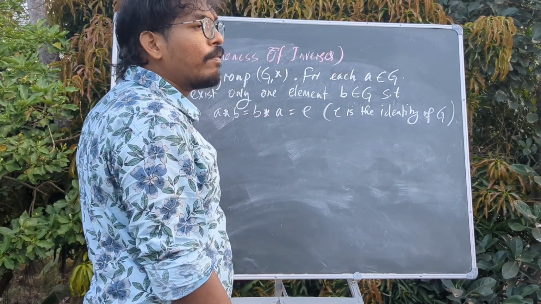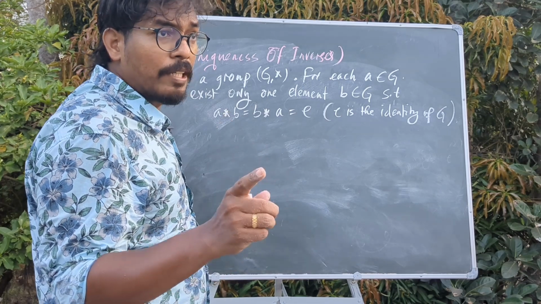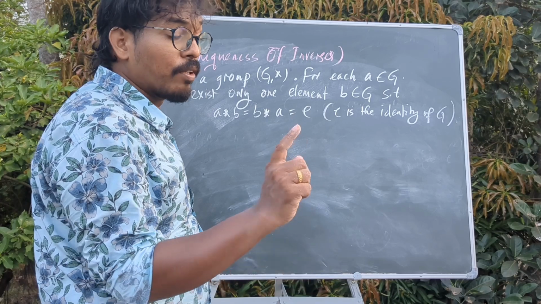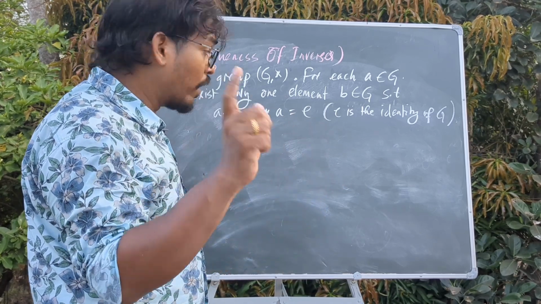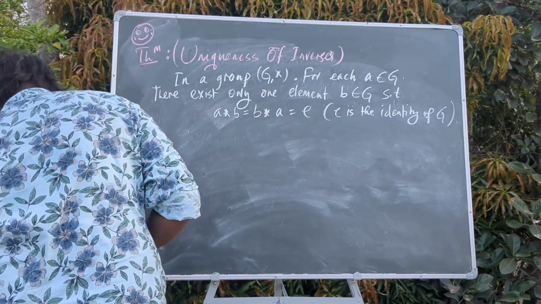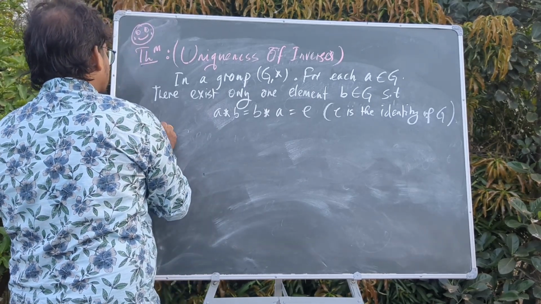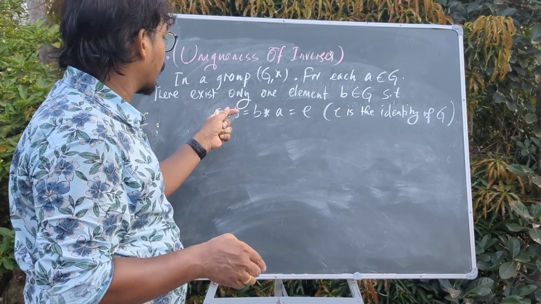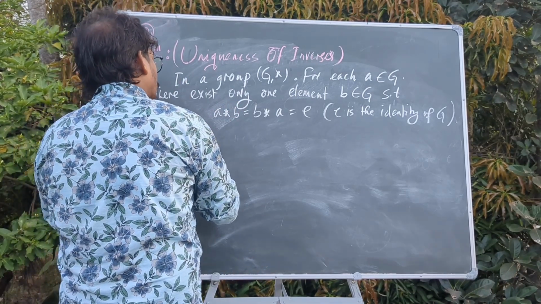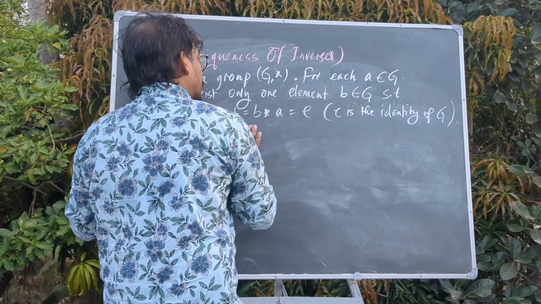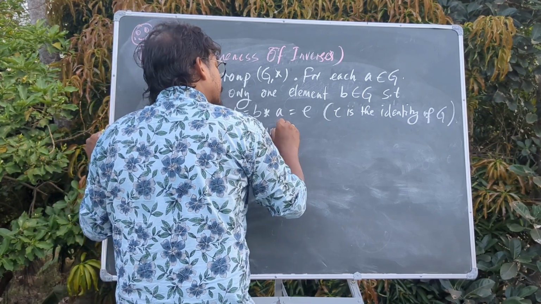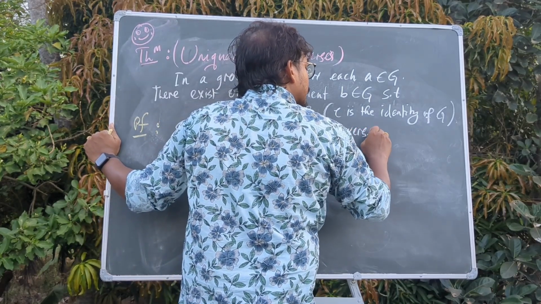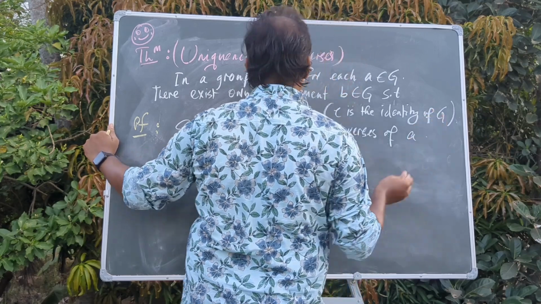In the fourth axiom we have every element of a group has an inverse, but this theorem says there can't be two inverses or three inverses for one element. One element can have only one inverse, and we will prove this theorem. And the proof follows the previous procedure. We will assume two inverses of A. Suppose B and B dash are inverses of A, then